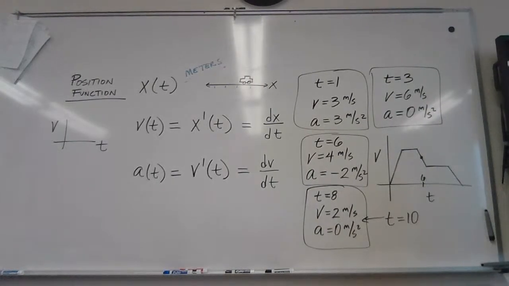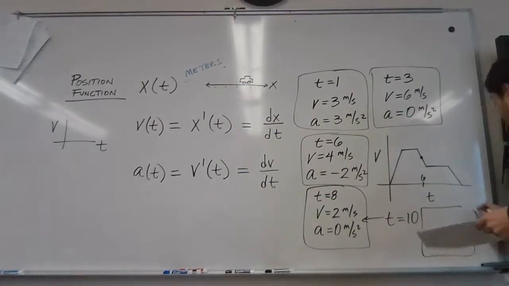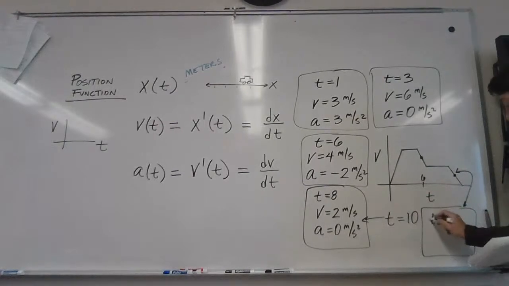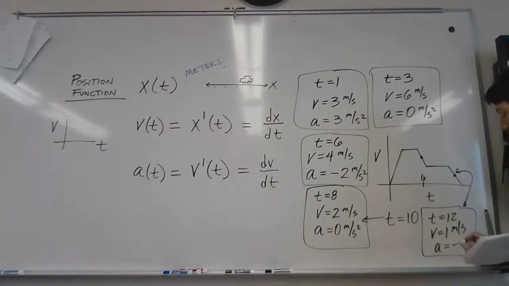And then lastly, at time 12, running out of room here, but over here at time 12, my velocity is 1. My acceleration is negative 1. All right, so